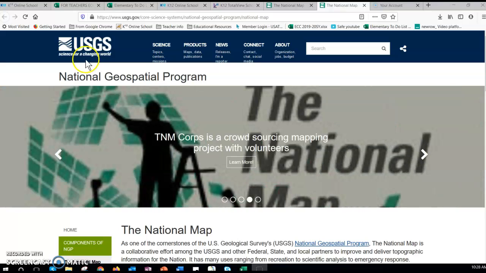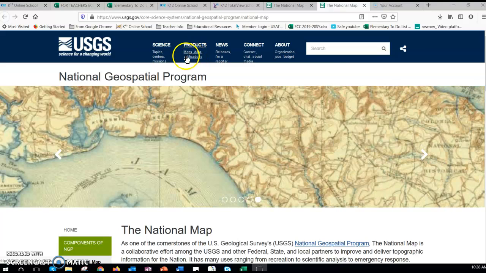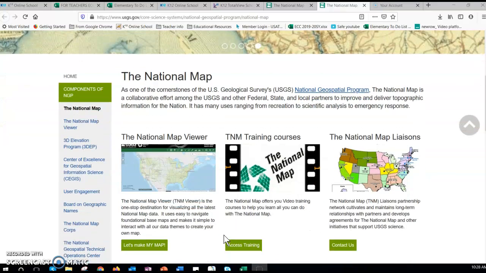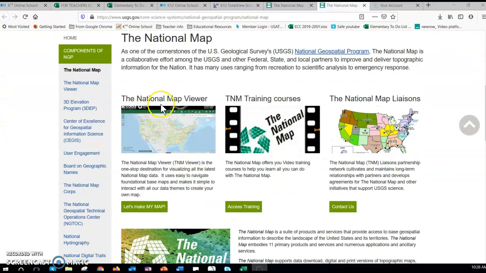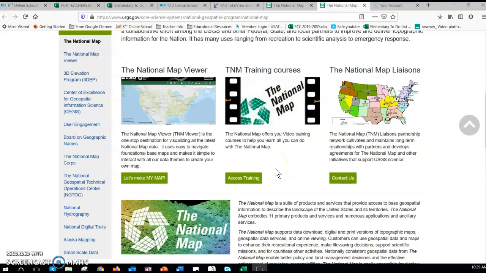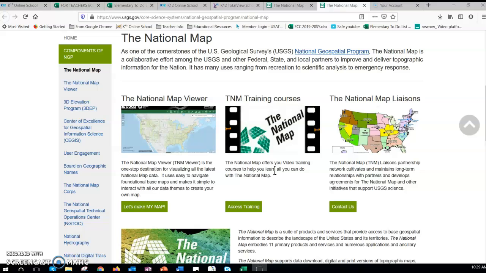Now, you can get to this just by going to usgs.gov and then coming over here under your maps and data. I have gone directly to the National Map page, which is what I'm going to give you the link for. What you're able to do is scroll on down here till you find the National Map Viewer. There are some other things you might want to check out. There are training videos through YouTube to help you to discover the skills of making the most of this map